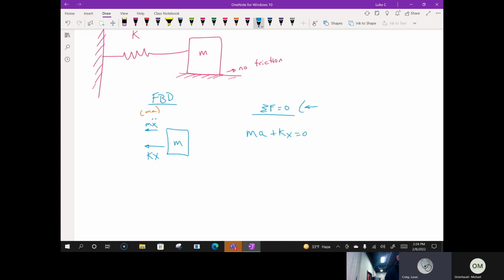We'll assume to the left is positive. This is m x double dot plus Kx equals 0. So,